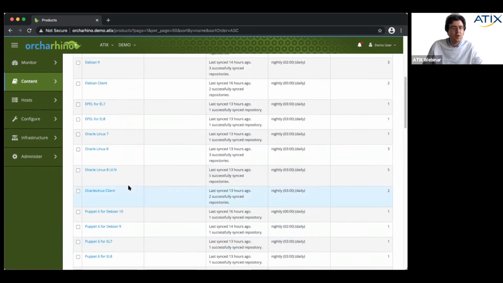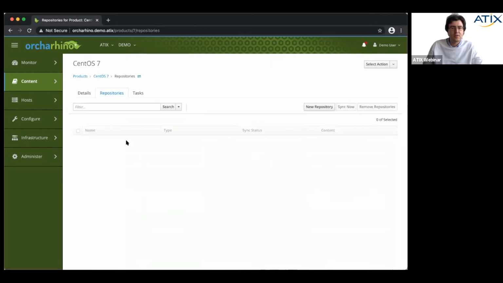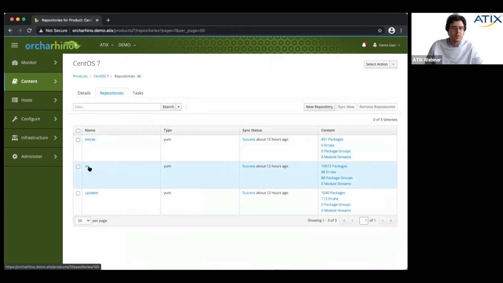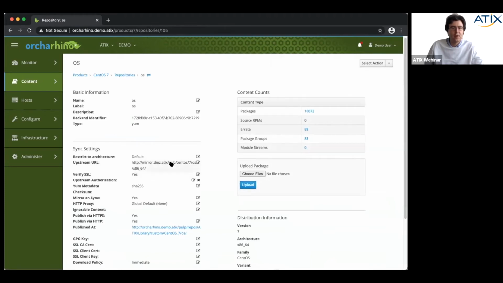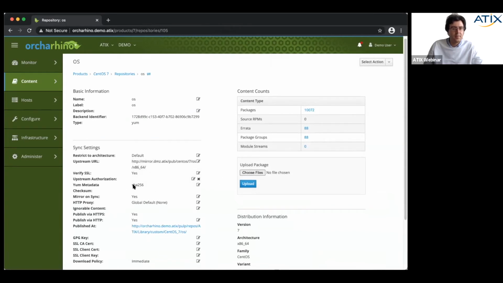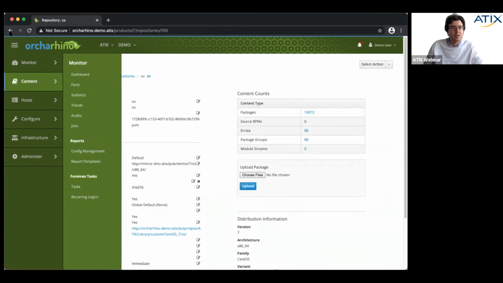So we created all the different repositories. We can have a look at one. Let's have a look at CentOS. So we look at the operating system, the OS repository. Here we have the URL from which it is synchronized. We define the architecture, the metadata which is to be used, and then everything can be synchronized quite easily.